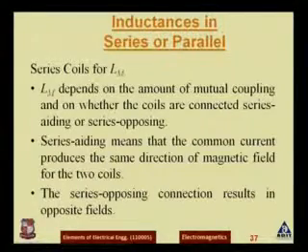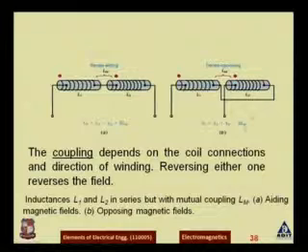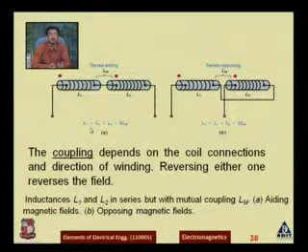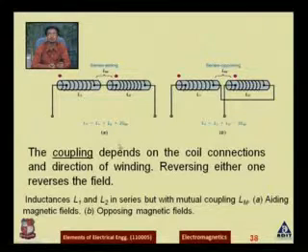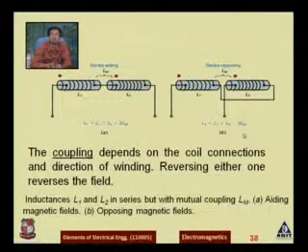Let us see one image so that it will be more clear. See, in this figure, the coupling of two inductor coils has been done. So LT is written as L1 plus L2 plus 2M. So what is this 2M? It is 2Lm, where Lm is the mutual inductance, and here it is added. But in this case, the equivalent inductance is equal to L1 plus L2 minus 2Lm. Why is the mutual inductance subtracted in this connection and added in that connection?